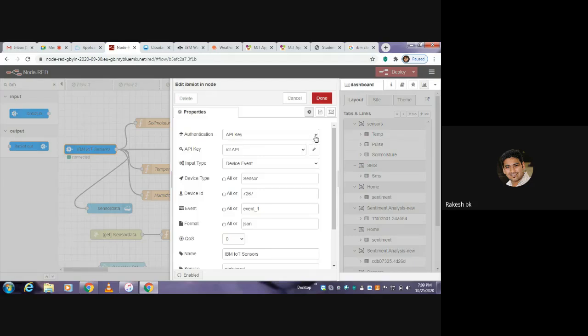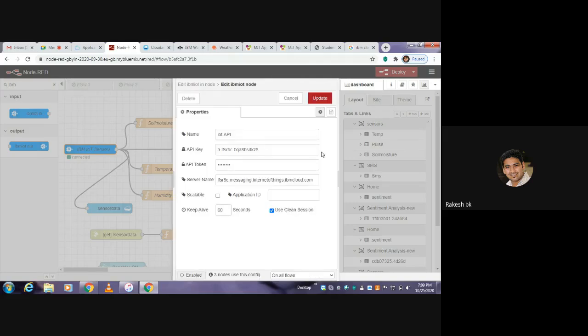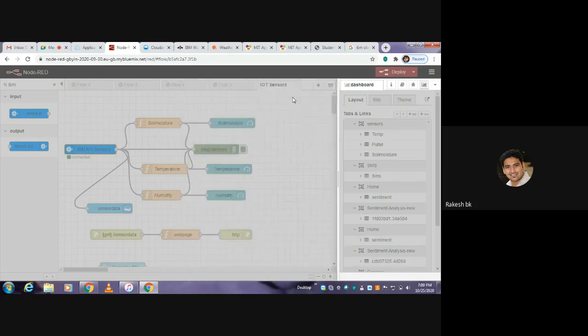Where you have authentication to be done, you have to configure this node before deploying it. So you have to have credentials to authenticate here, and you have a pencil icon. If you click onto this, it will open up with a next editor here. So I'll just name it as IoT API and API key. So this API key is what is available on your Node-RED application where you have developed this Node-RED app. So that API needs to be obtained. I'll just explain where we get that API.